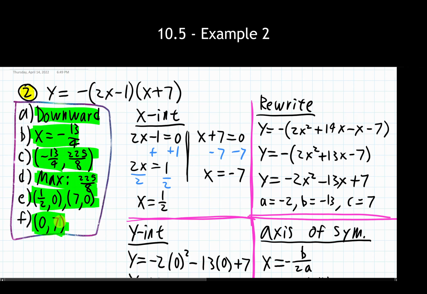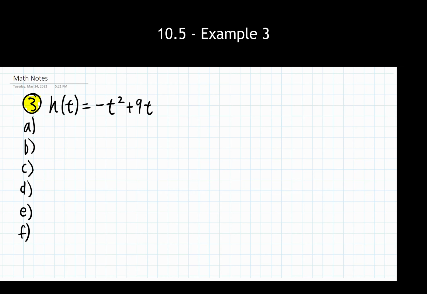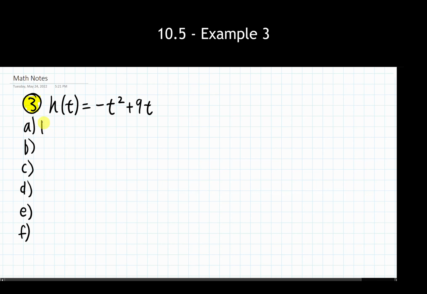Okay, so let's take a look at kind of a weirder looking initial problem that we have. So we're given h of t is equal to negative t squared plus 9t. We don't have anything listed here at the very end, so let's see how that affects our process and how we're going through this thing. So again, we have all of our things that we're looking for. It's our choice on which one to start with. Looks like our a value, this thing we have out front here, is a negative, so that means that this thing is going to be opening downward.